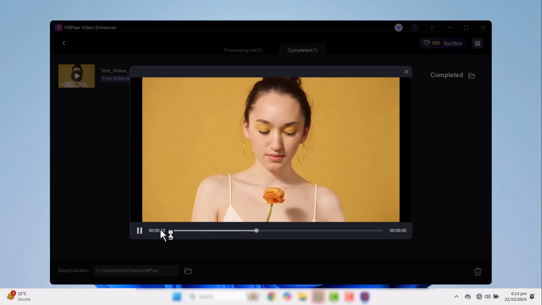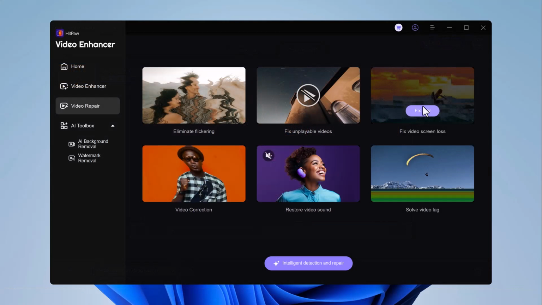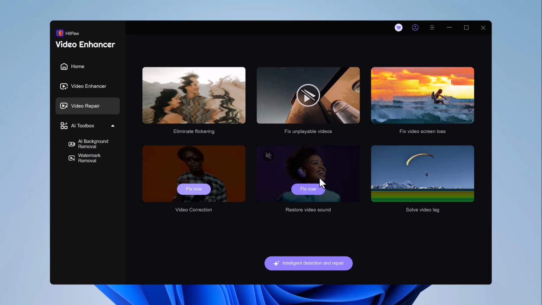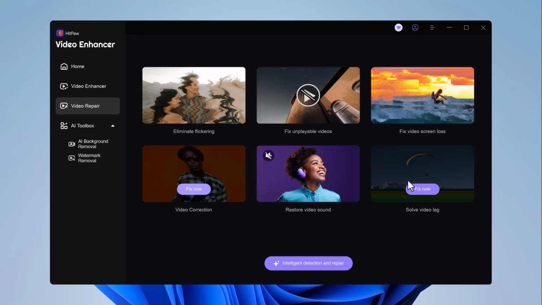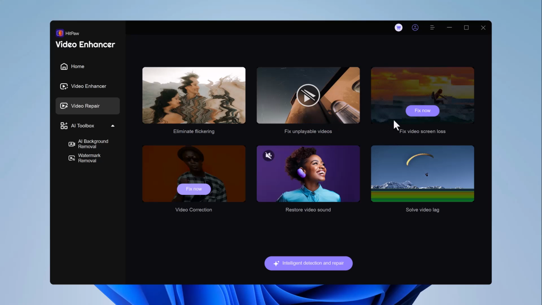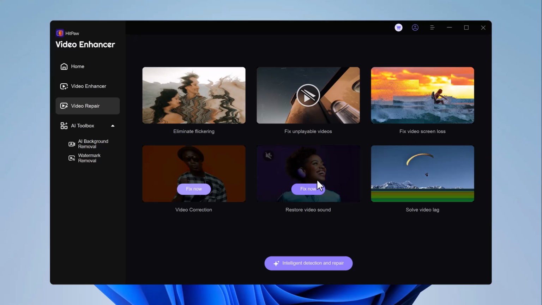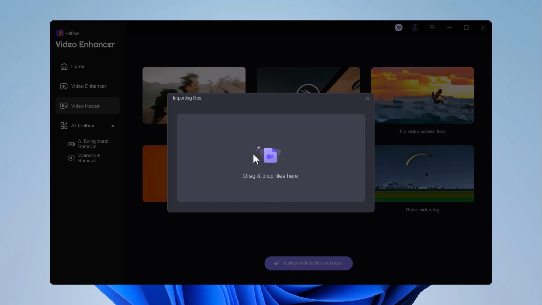Results are incredible. The video repair feature is designed to fix and restore damaged or corrupted videos. It uses advanced algorithms to identify and correct common issues like video freezes, glitches, pixelation, and audio synchronization problems. Let's see how it works. Simply select your video file,